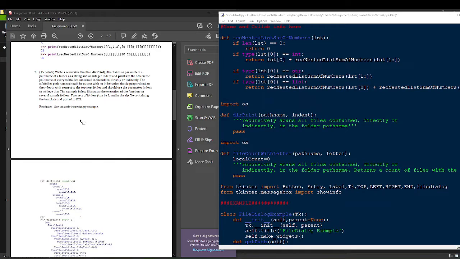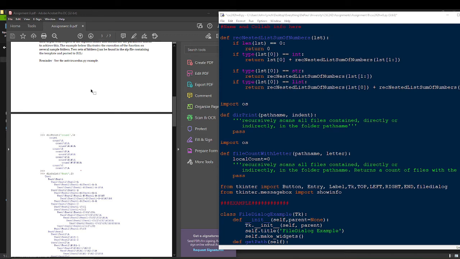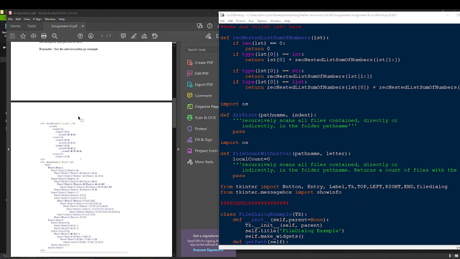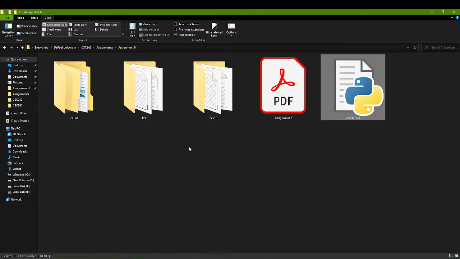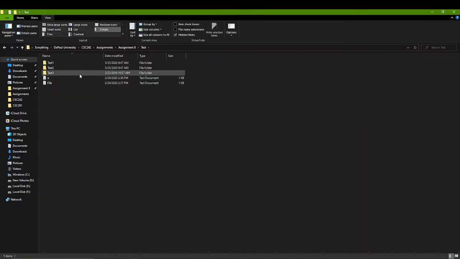Awesome, everyone. So we are going to be looking at the second problem here, writing the recursive function dirprint that takes as parameters a path name of a folder as a string and an integer indent and prints to the screen the path name of every subfolder contained in the folder, directly or indirectly. So you'll notice here that we're actually not looking at files themselves, we're looking at just the folders that are present. And we can see here that if I open up my test and then keep going through here,